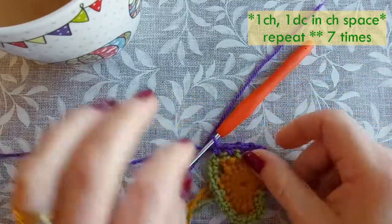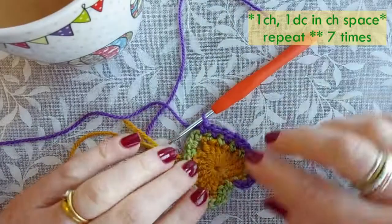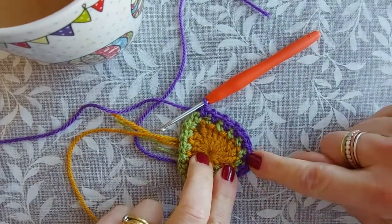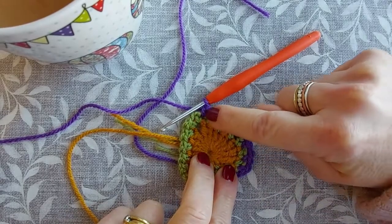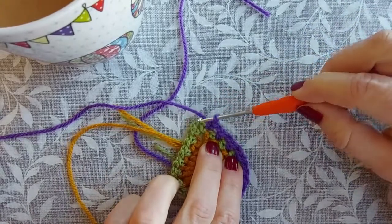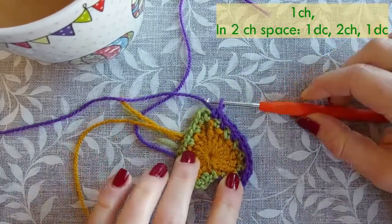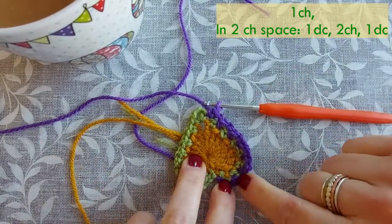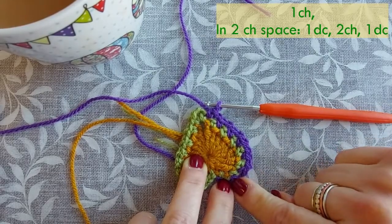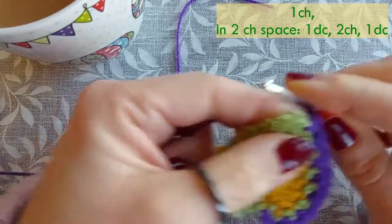Okay, let me lay this down flat for a minute. So that's where we joined. Now we've got 1, 2, 3, 4, 5, 6, 7. So you should have 7 before the next bit we've got, that 2 chain pointy bit at the bottom there. So we have 7 where we join, and then 7 double crochets and chains to get round to that side. So make sure we do our chain before we start,